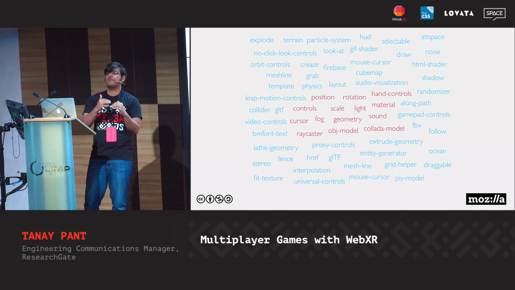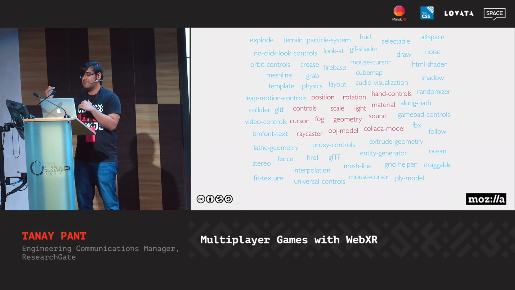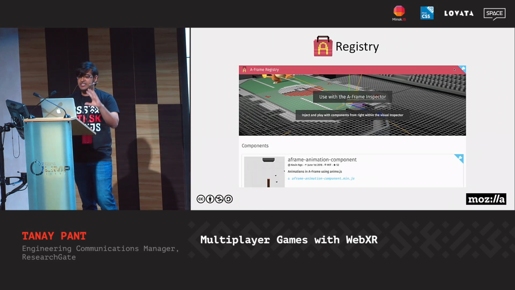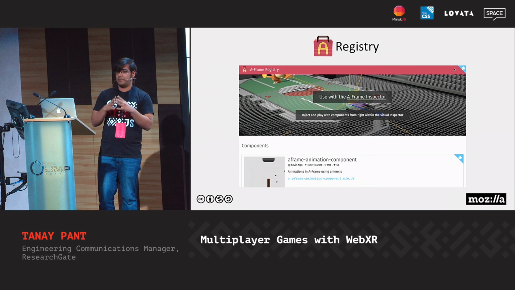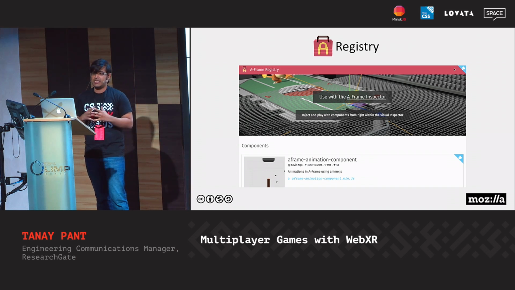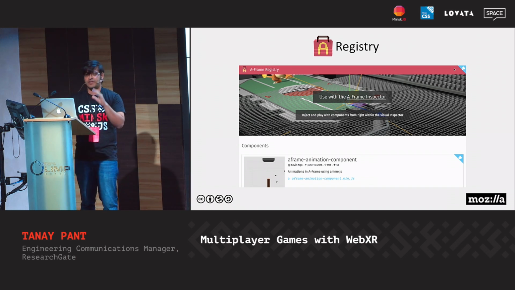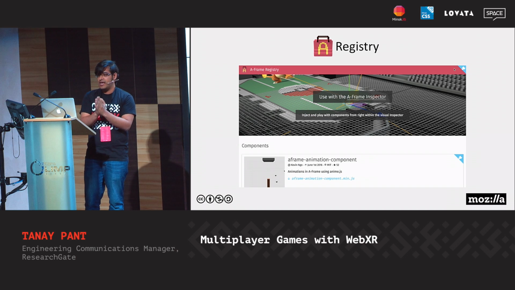So this is an example of advanced developers empowering other developers and working on collecting these components. These components are collected and are made available in the A-Frame registry. It's like a store of components the team makes sure work well, and people can browse and search for components or install them. I have included the link of a registry in the GitHub repo.